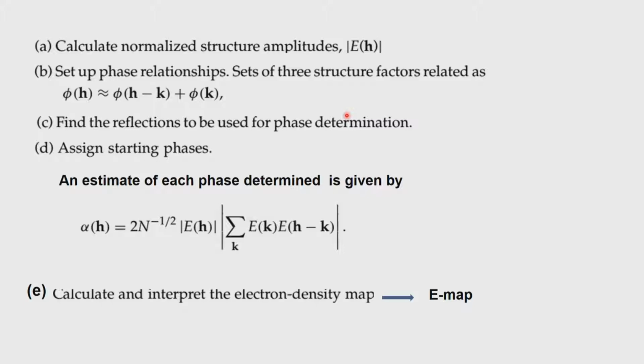The top E values are taken, top 200 E values, and within that 100 E values, any combinations of this kind which we can develop, we can now associate this equation with them and find the reflections to be used for phase determination. And then you assign starting phases to these. If you assign positive sign for everything in a centrosymmetric case, you will get nothing. You will get a very strong peak at the origin, because all phases cannot be all positive. Some of them must be positive, some of them should be negative, like the way we indicated in this diagram,